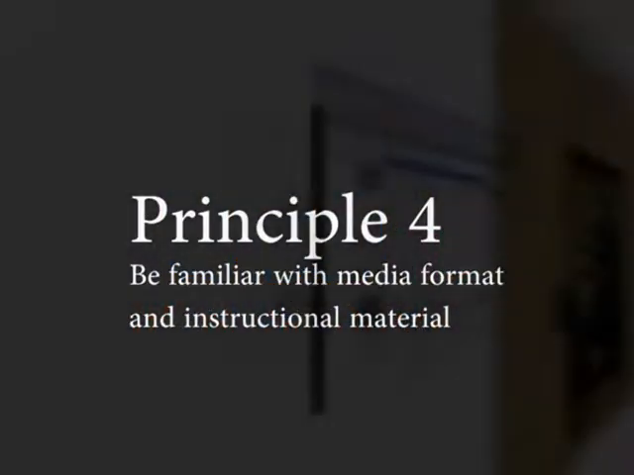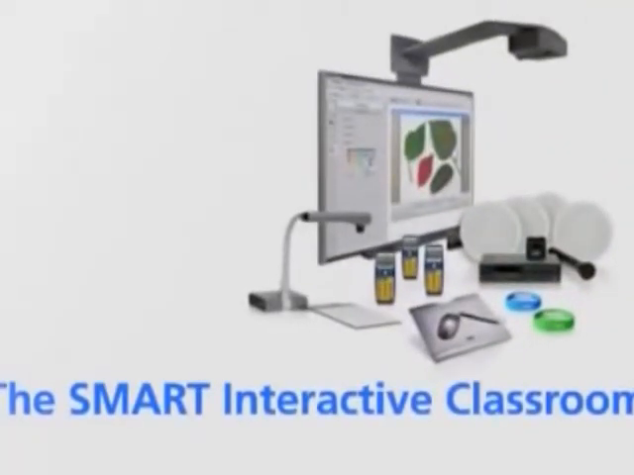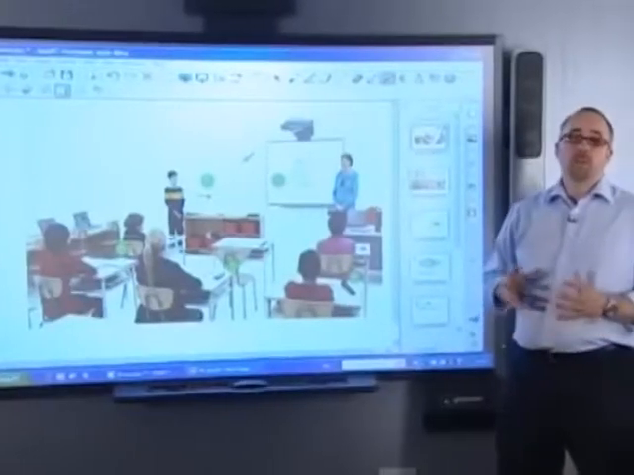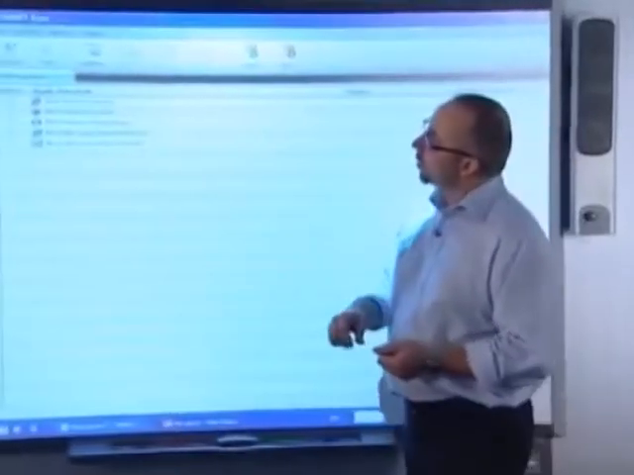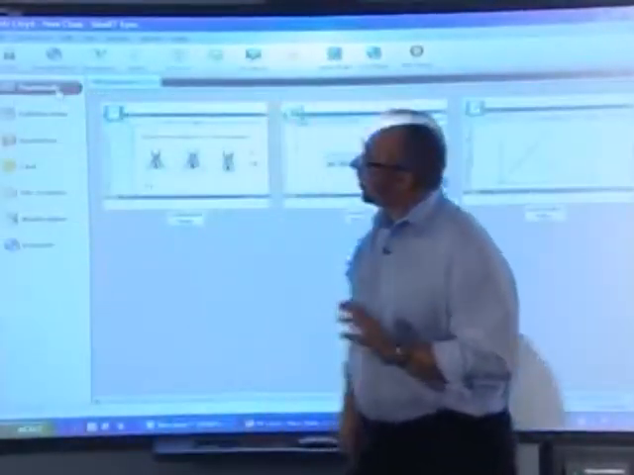Principle 4. Be familiar with the media format and the instructional materials. As a facilitator, it is important that there is familiarity of the media type and instructional materials so that the use can be fully demonstrated and give assistance where needed. It is therefore necessary that the facilitating instructor be aware of technological advances and, where possible, be able to offer